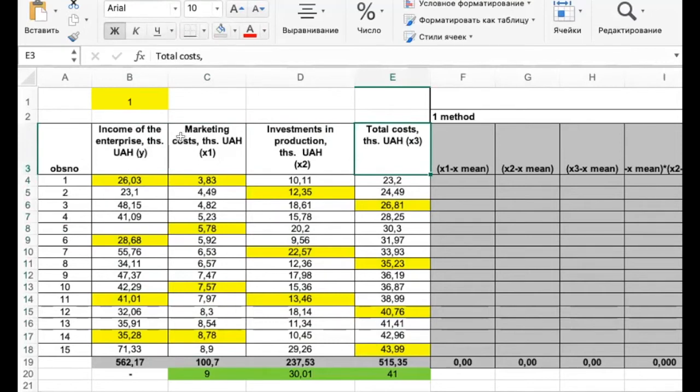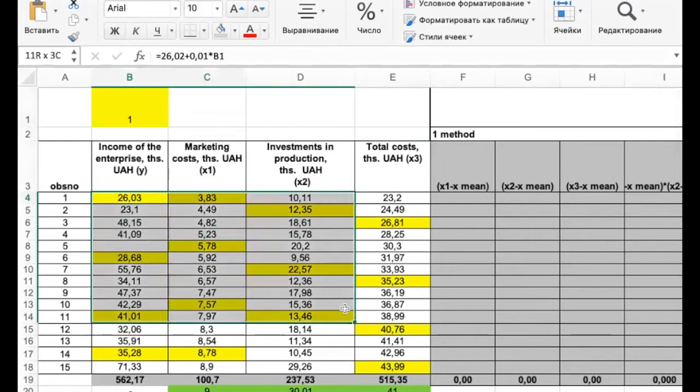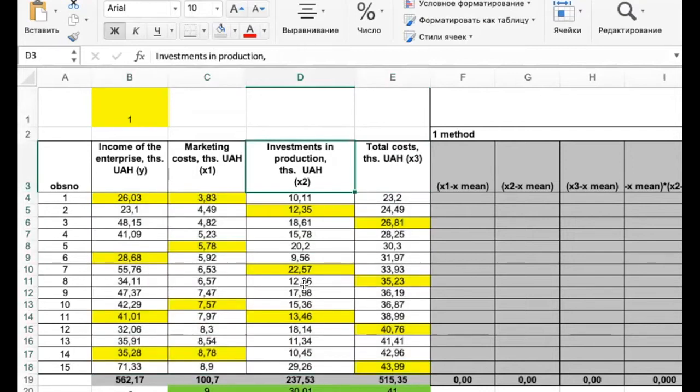I will make all my calculations based on variant number 1, and I also filled with yellow color all the cells where you need to change